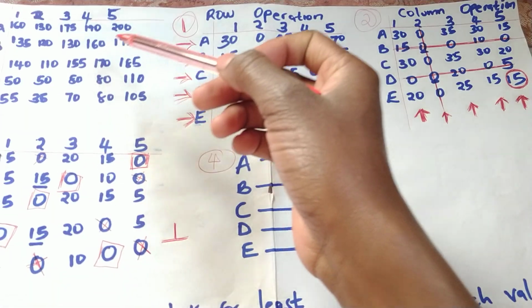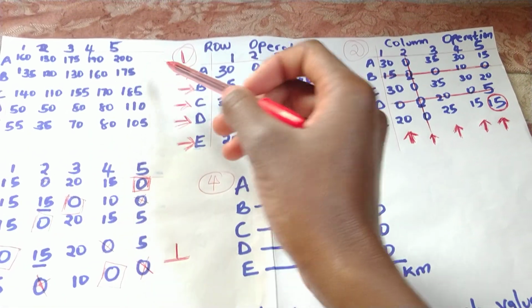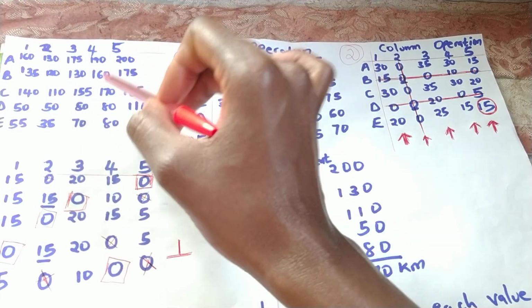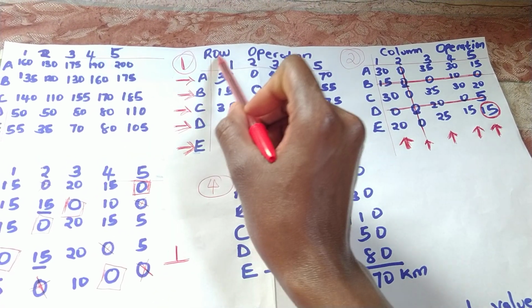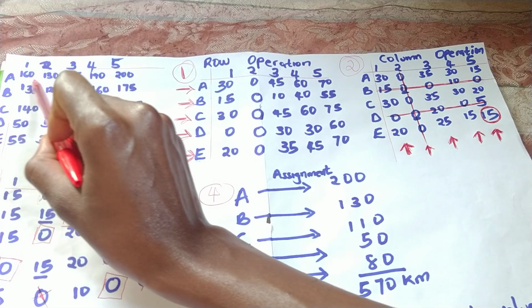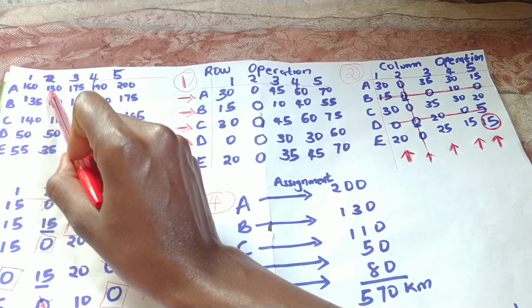So this is an assignment operation. We are going to solve it. So the first step, given such a table, you will do a row operation. In a row operation, you go along each row looking for the least value, which is 130, and subtract